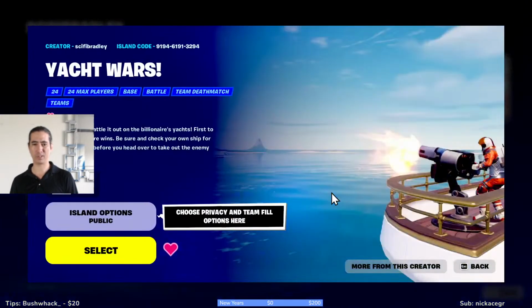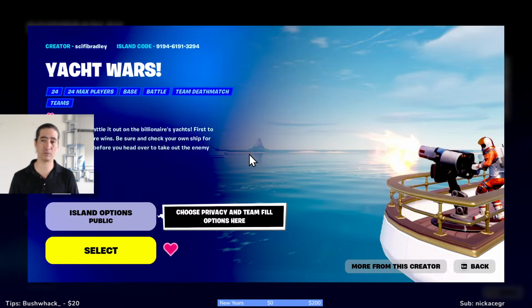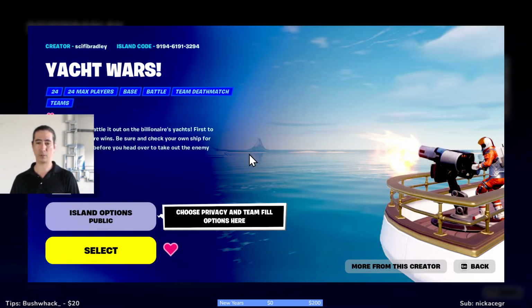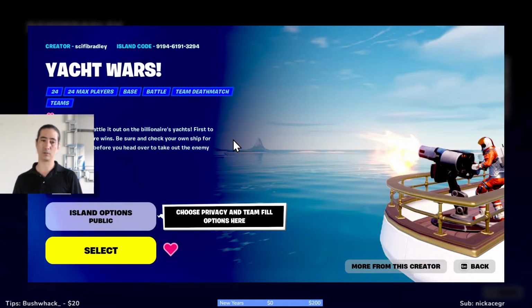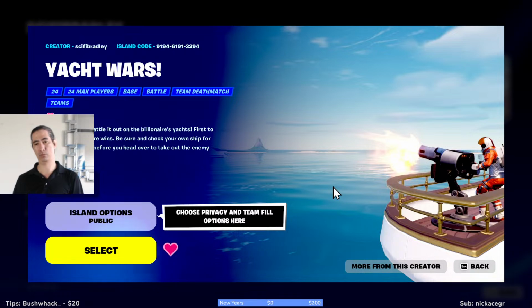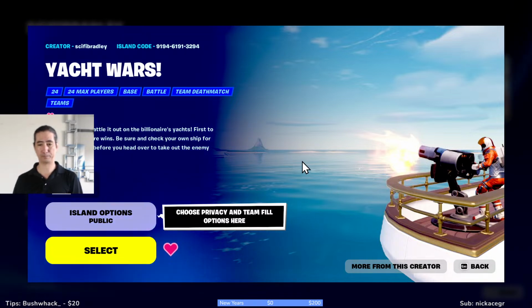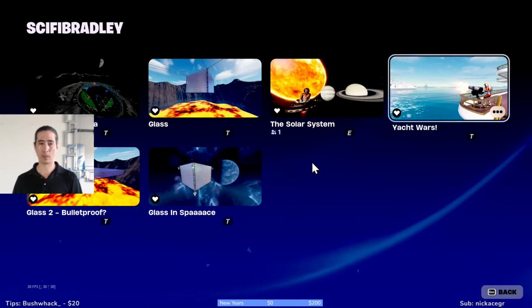Map 3 was just kind of a weird little one, Yacht Wars. It's basically red versus blue, and I have basically not touched it since it first came out. You have 2 teams that play to 30 or whatever, and whoever gets to 30 eliminations first is the winner. You shoot each other's boats. There are the combat boats, and those respawn. There's a helicopter. So it could be fun with enough people.